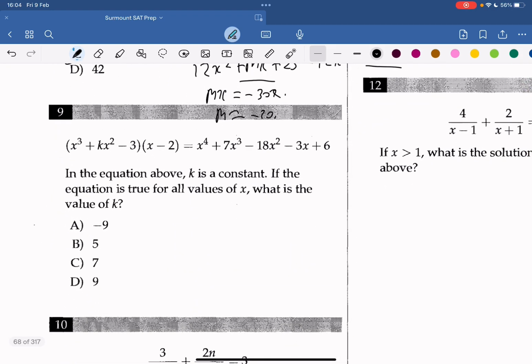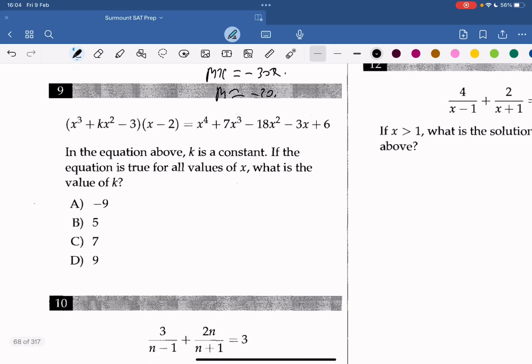In the equation above, k is a constant. If the equation is true for all values of x, what is the value of k? So again, what we can do here is to expand the left side. If we do so, we'll get